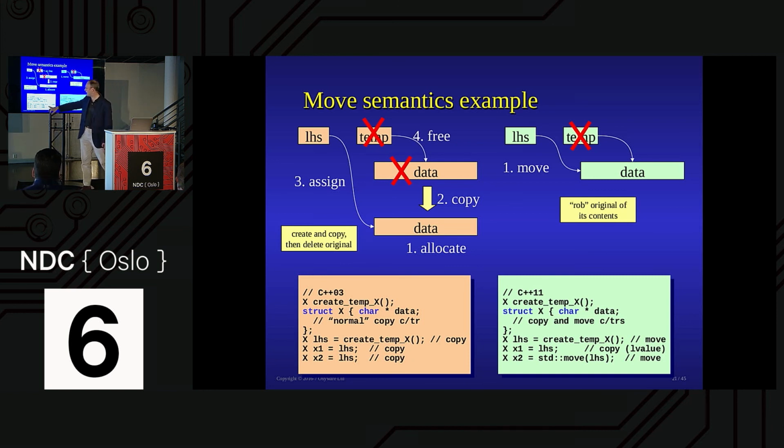So where does it happen? Well, if I'm returning by value, all of these ones here are going to be copies in C++11. This one here is returning a temporary, therefore that's a move. It calls the move constructor. This is an lvalue, so LHS here has got a name and therefore it won't move from this one, but you can be explicit and say, please move from it. Here be dragons if you're not careful, because you've moved from it. You now have an object which is in a state that you're not quite sure what it is. It's a moved-from state.